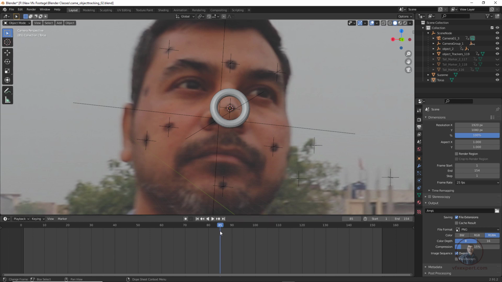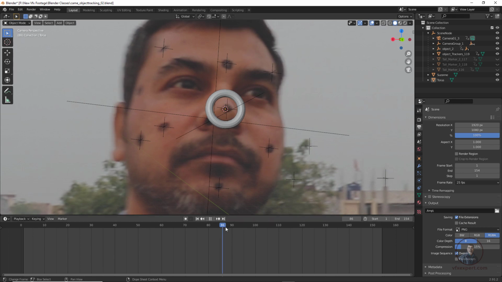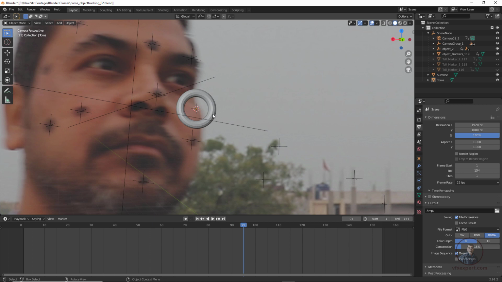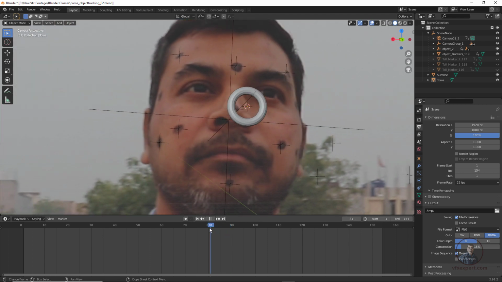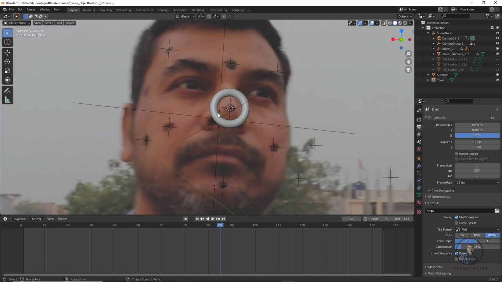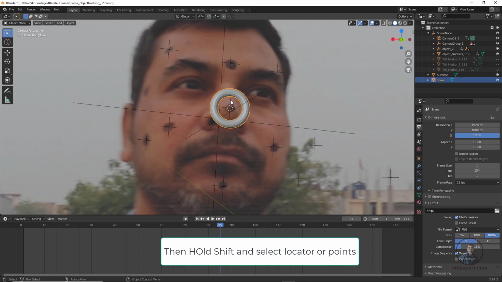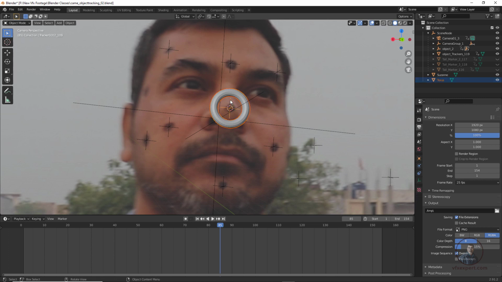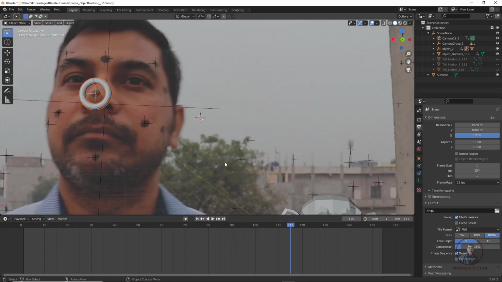After this, if you move your playhead, it will not match, because we have to connect this object with these points or the object group, then only it will follow. So come to frame 85 again, because I created this object on frame 85. First select this object, then select the locator in the object group, remember this. Now press Ctrl P and select this object. Now if you move your playhead, it follows according to your object motion.